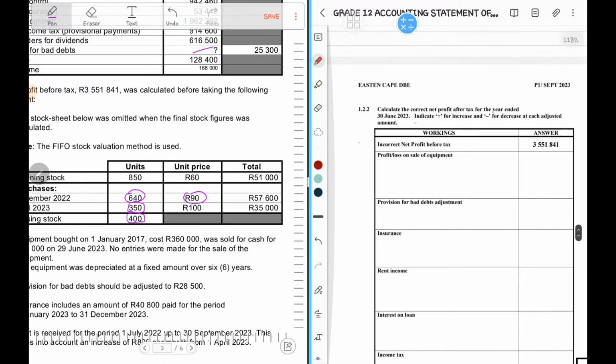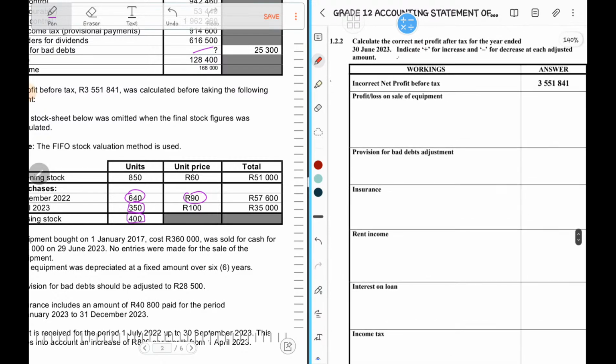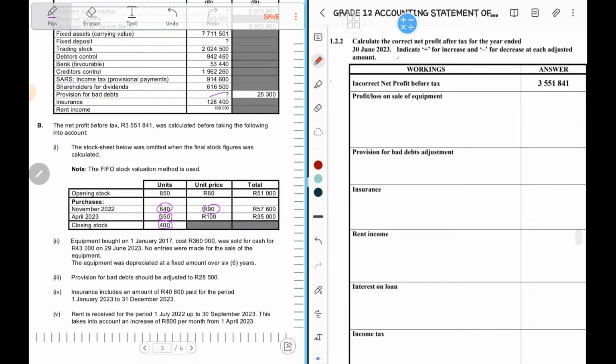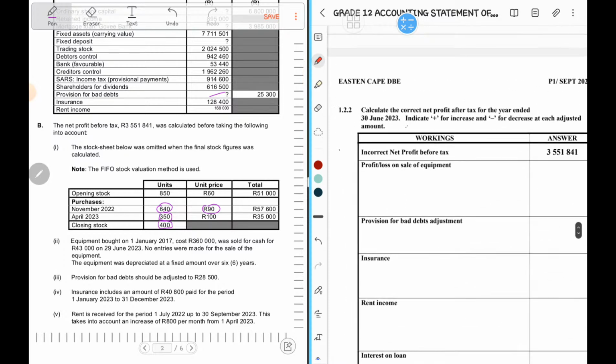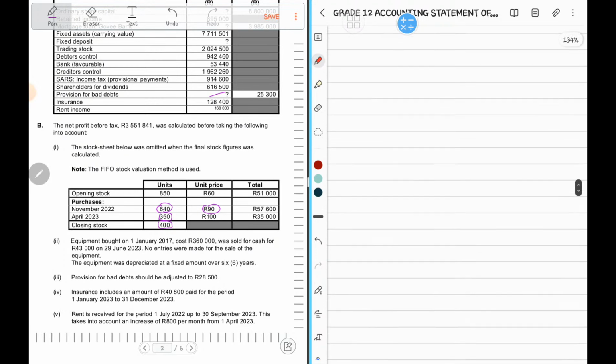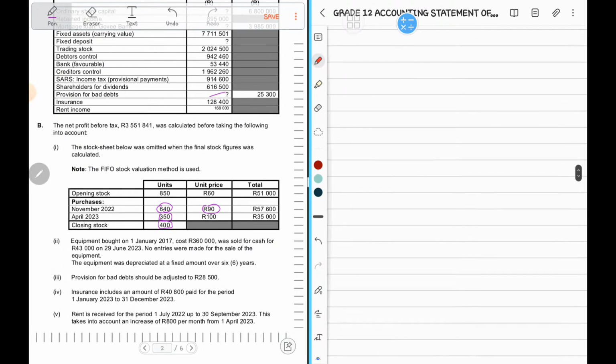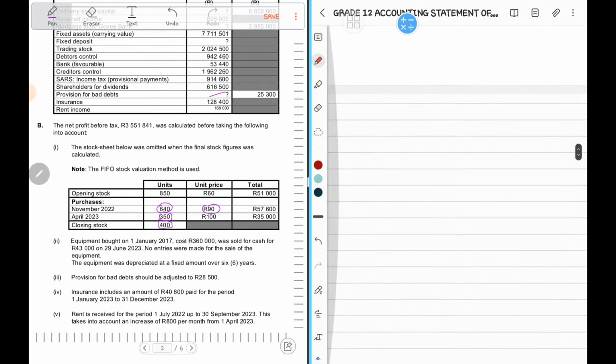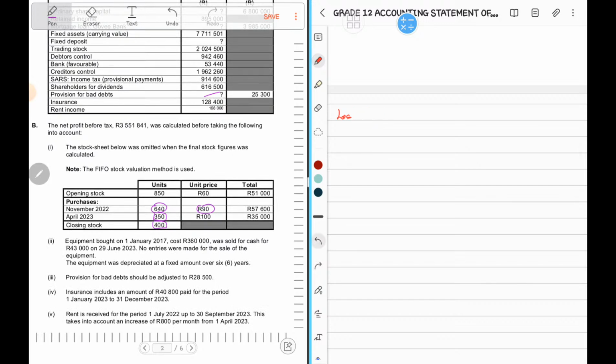Okay, so now let's go through this one of calculating the net profit before tax. So here we are being told that we have to calculate the profit or the loss on sale of equipment. So here we have to consider the information Roman figure number 2. Okay, so here we're going to say loss or profit or loss